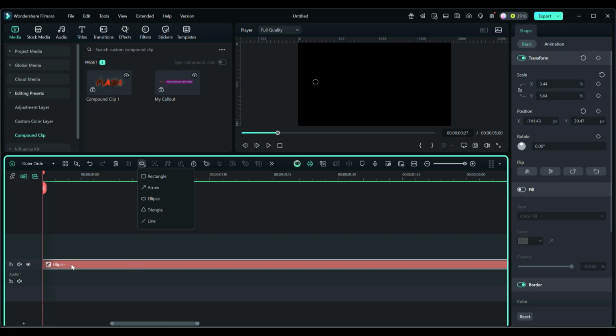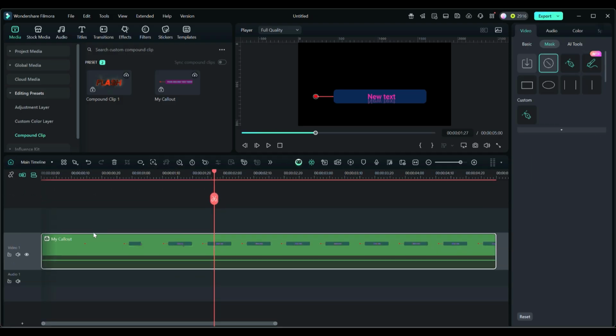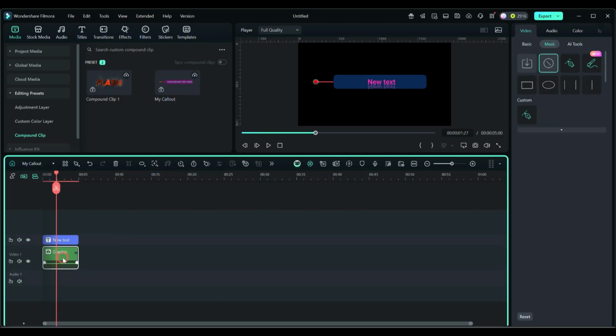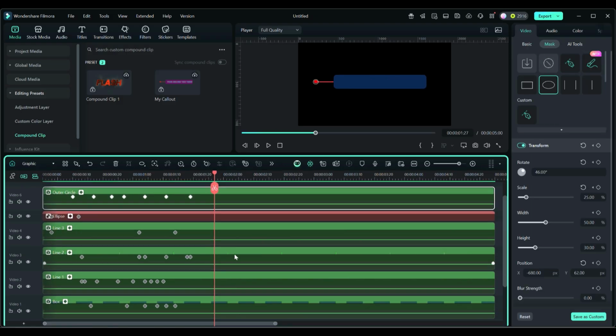So you cannot add masks to them. So by turning it into a compound clip, let's take a look. Okay, I didn't need it for the ellipse because there I was just, that is the circle going around. I was just using that. But let's just say that